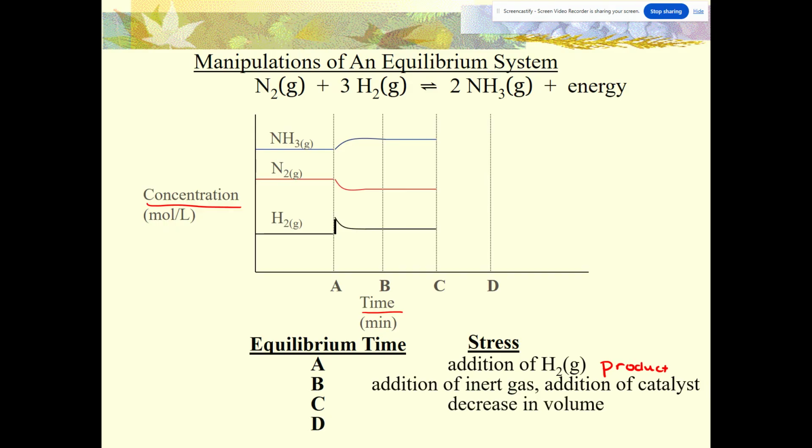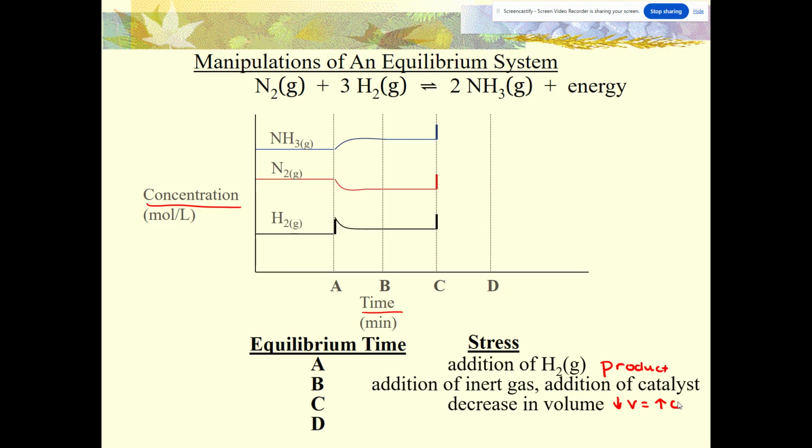Next, we are going to decrease the volume. Now, remember we said when we decrease the volume, instantaneously everything's concentration is going to spike. That's how you can recognize a volume change from a graph. If everything spikes up, you have decreased the volume. If everything spikes down, you have increased the volume. Okay? Then it will shift